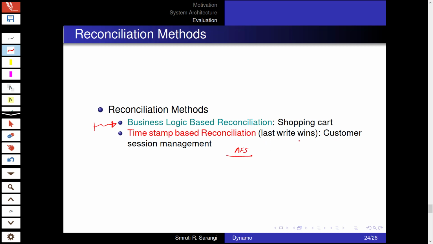So in this case, the last write wins, which means that for the same object, whoever is the last writer is the one who finally decides the state. So of course, in this case, there is no merging. Something like customer session management, where we are managing the session of a customer, falls into this category.